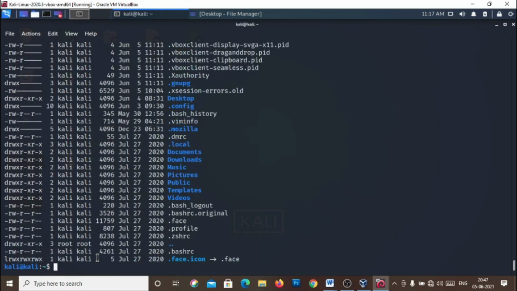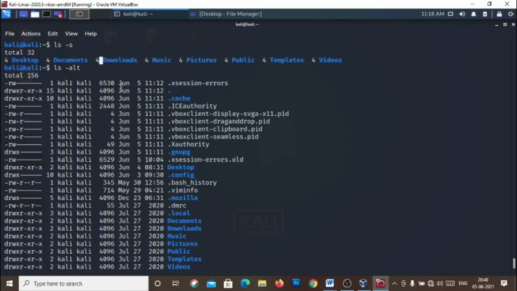Press enter. As you see, it shows the files and directories by last modified date and time, from biggest to smaller.